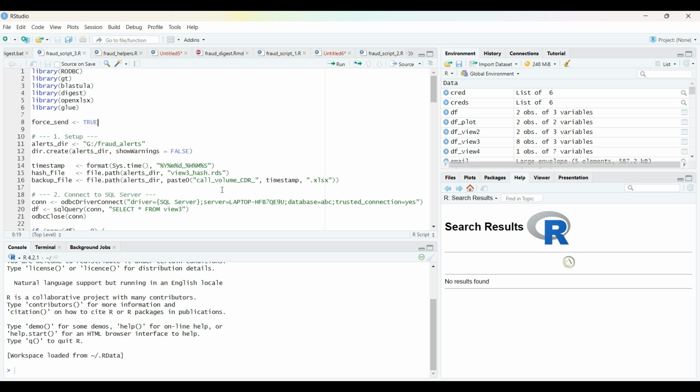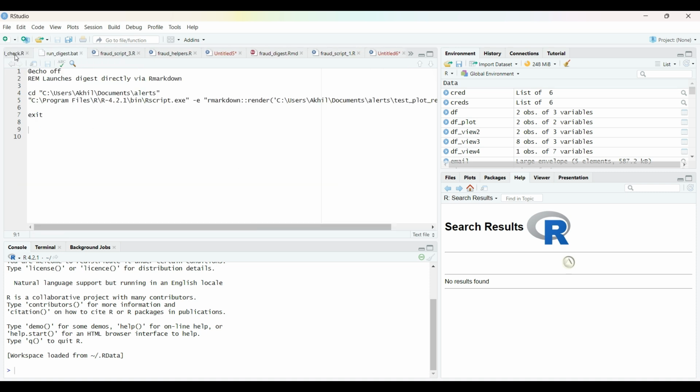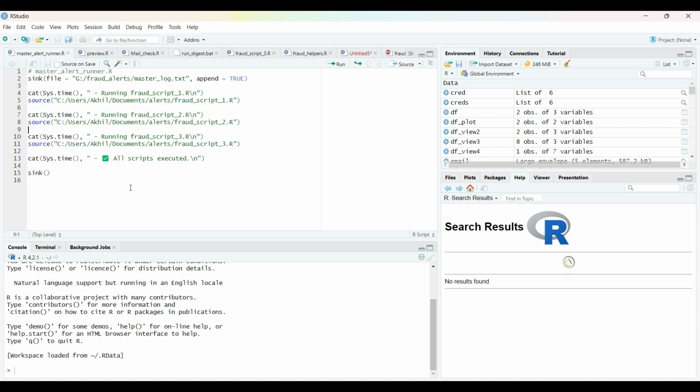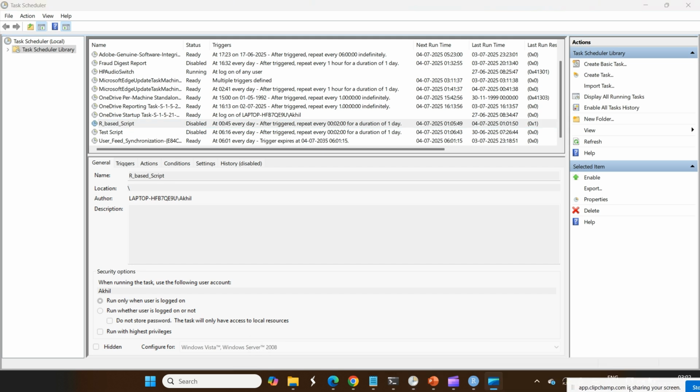So quickly now, all these three scripts are being put in a master script. I will show you, and that master script is put in task scheduler to schedule every 2 minutes. You can see here the master alert runner file having fraud script 1, 2, 3. All three are put here, and this file will be automated. So from this we will be automating all three fraud scripts. Okay, let's go to, okay, so here we are,